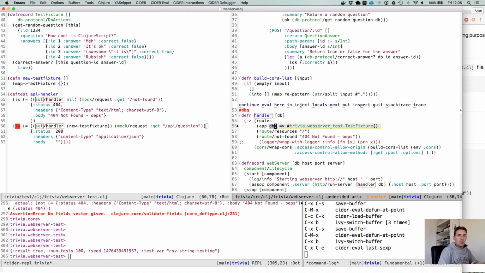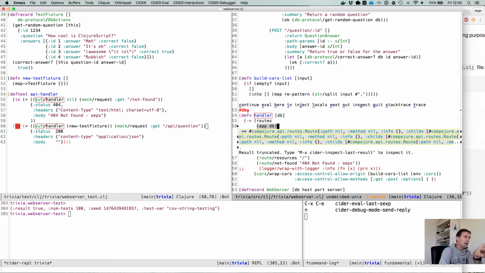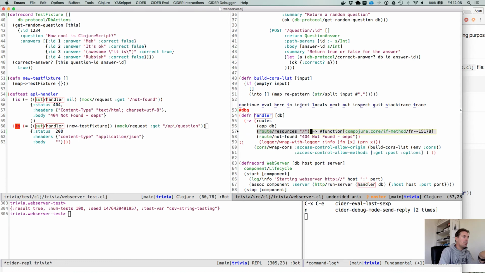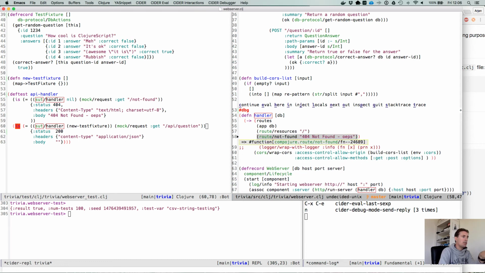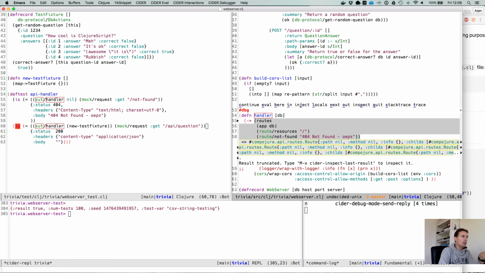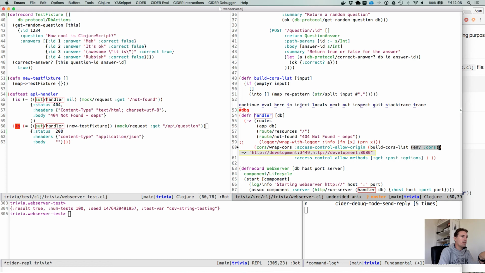So we're now in the debugger. In case you didn't know, the hashtag DBG allows you to start a debugger session when we run our unit test, or part of this test really now. We now see that this DB is actually test fixture, and I'm thinking the problem is actually this build course list. Now that I look at it, because this works, that works, moves down there, and then it will evaluate that part, that's fine. Then moves over to this one,